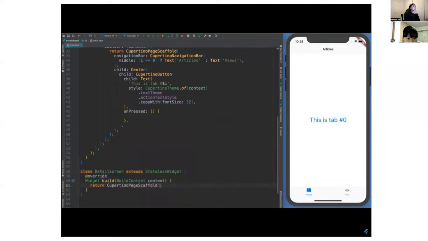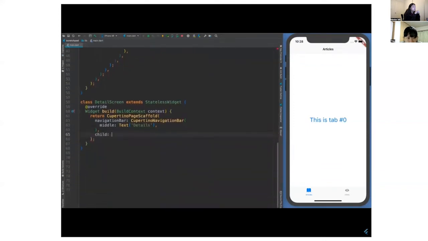And let's see, so this will be a page. So let's put a page scaffold in it. And we can add the navigation bar just like this. And for middle here, we've got to give it a title. So we can call it details. Of course, that needs to be a text widget rather than just a straight string. All right. And for the child,